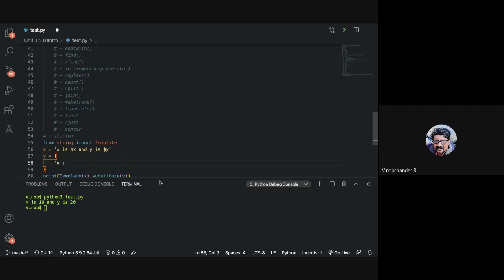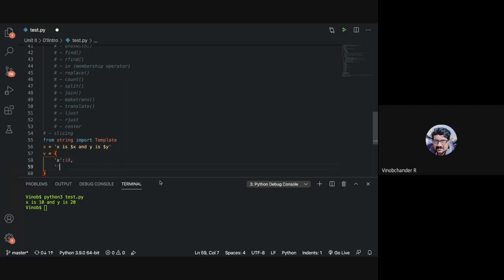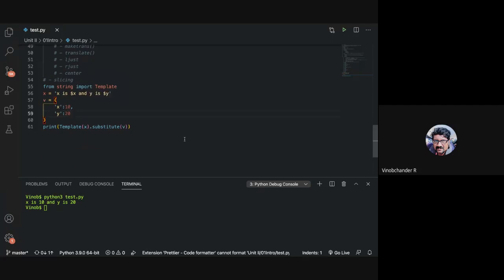This is how you create a dictionary, remember? And then let me have a value y, say 20. And pass v as an argument to the substitute method. This is also okay. All right, guys. So that is string templating, or template strings.